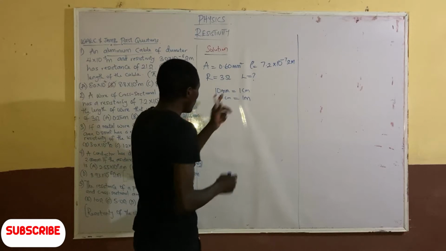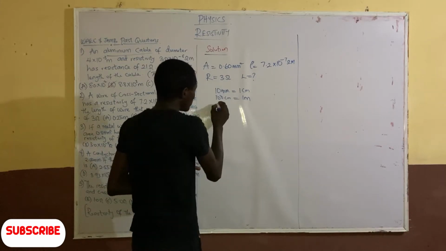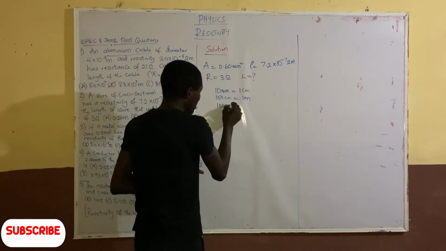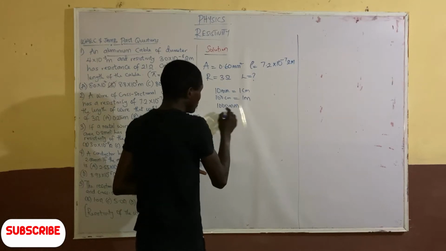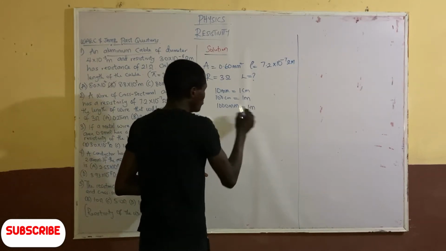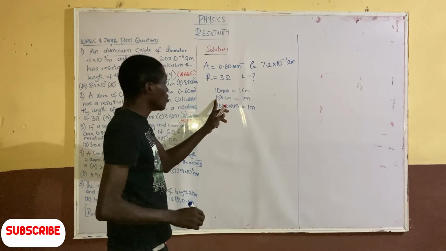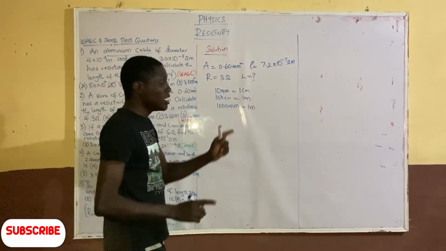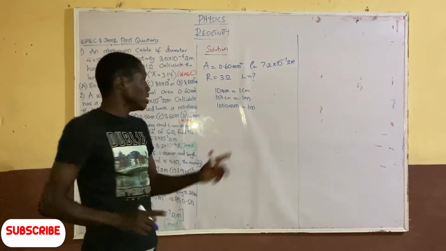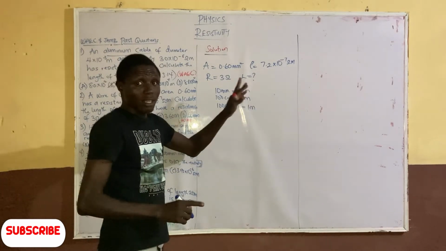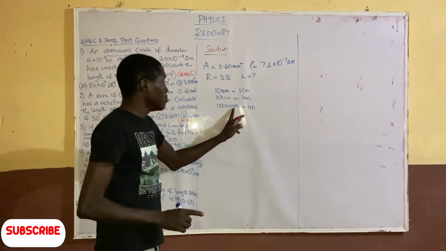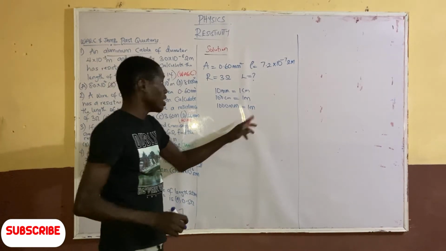So if you multiply these together, 1000 millimeter is equal to 1 meter. Now if 1000 millimeter is equivalent to 1 meter, meaning that